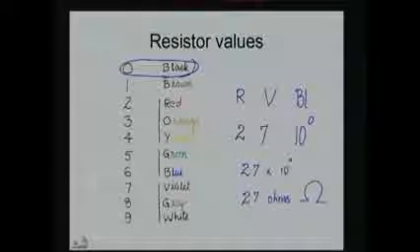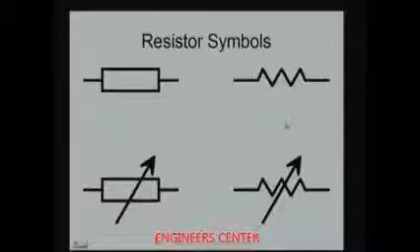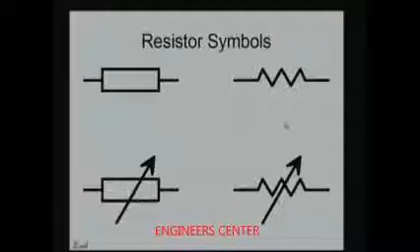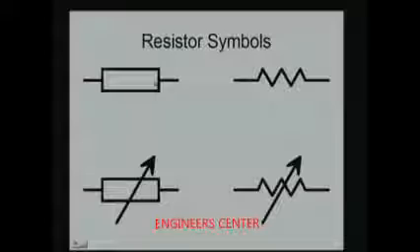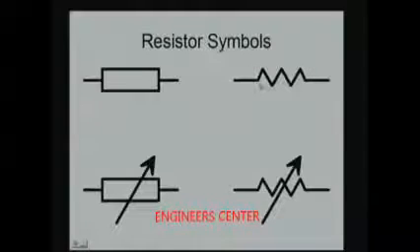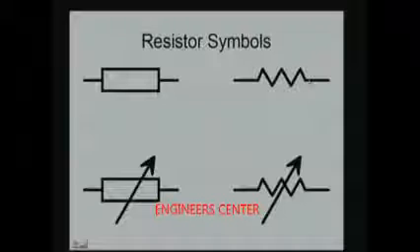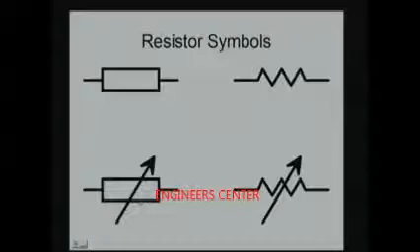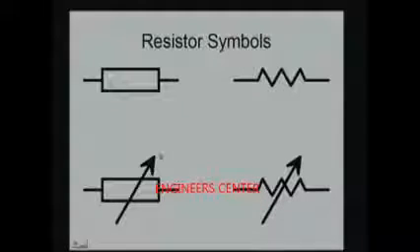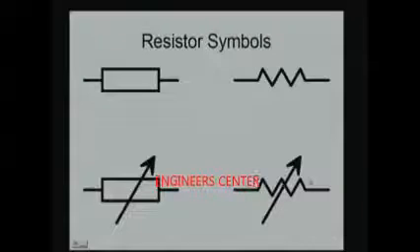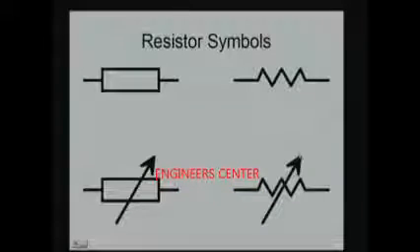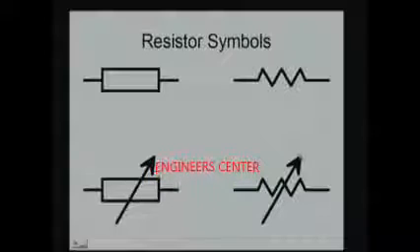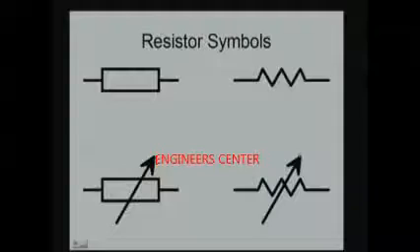So, this is how you read the value of the resistor from the color code as indicated. The resistors are shown by various symbols in the textbook. You have a rectangular box with 2 leads, you have a zigzag set of lines connected to the two leads. This is one form of representation, and you have a rectangular box and then an arrow in between to represent a variable resistor, and also in this form a zigzag with an arrow as a variable resistor. These are the various symbols of resistors.